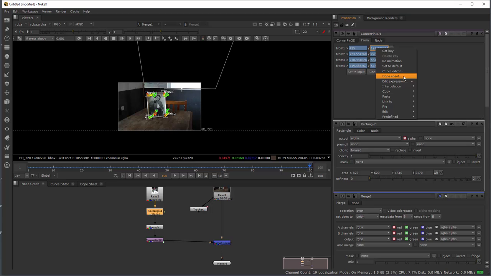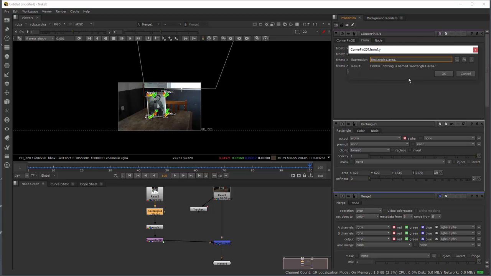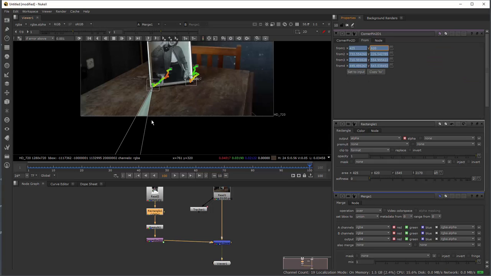Same thing in the y axis, and here I change the y. So you can see here the point is snapping to the image.